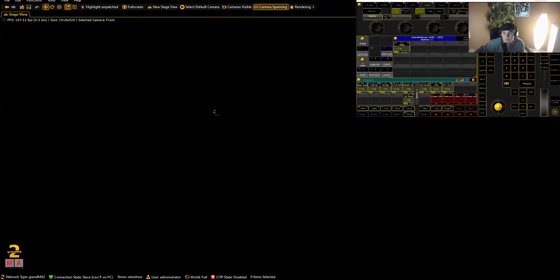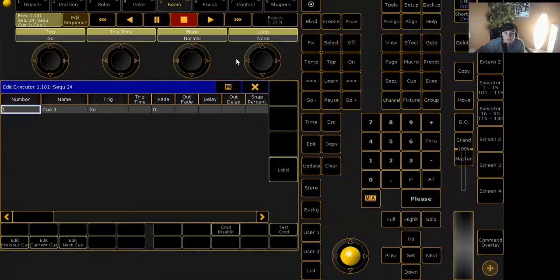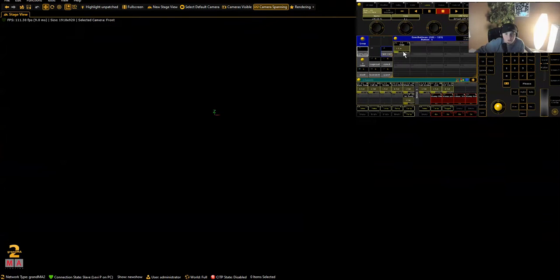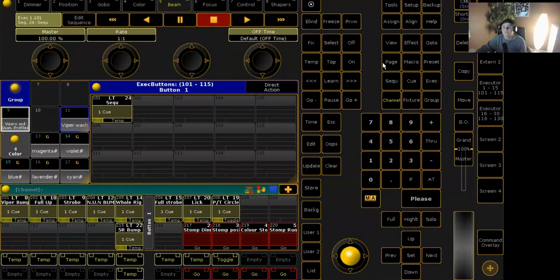Easy. But let's say you don't really like it fading out so quickly like that, or you're trying to match it with a beat and this is just a bit too fast, a bit too sudden. What you can do is